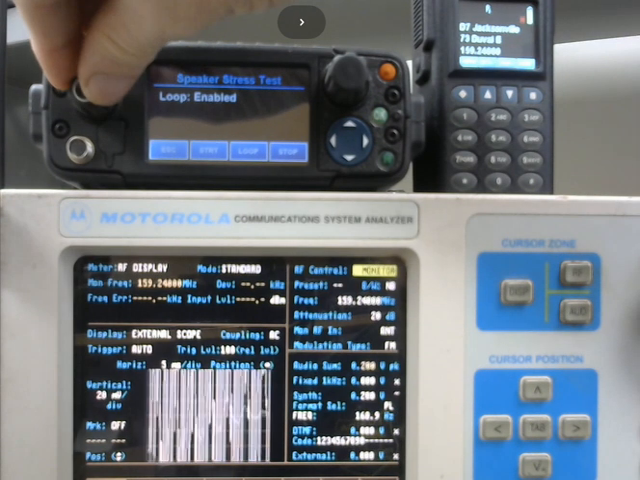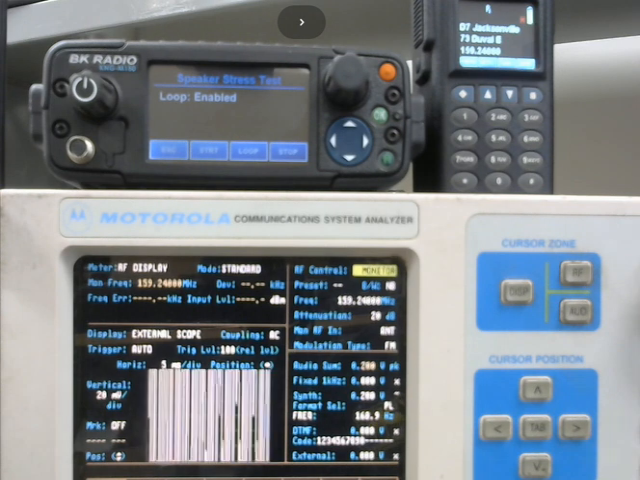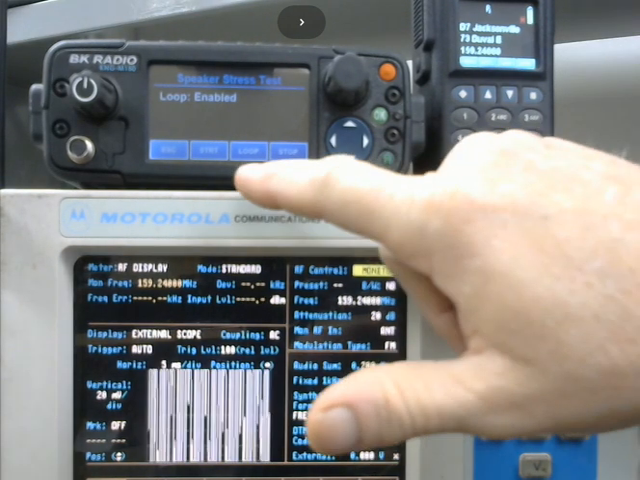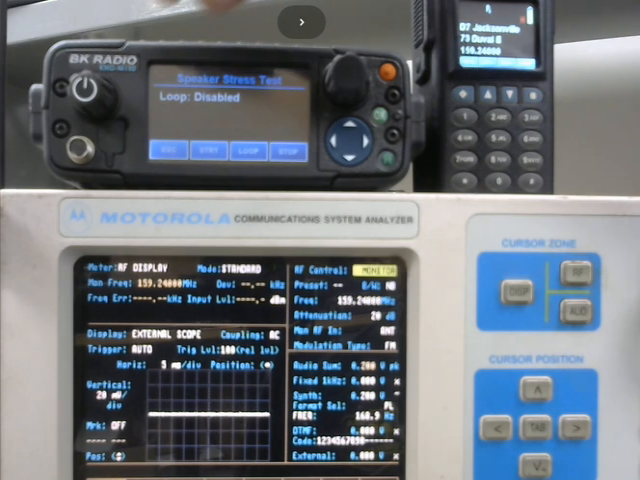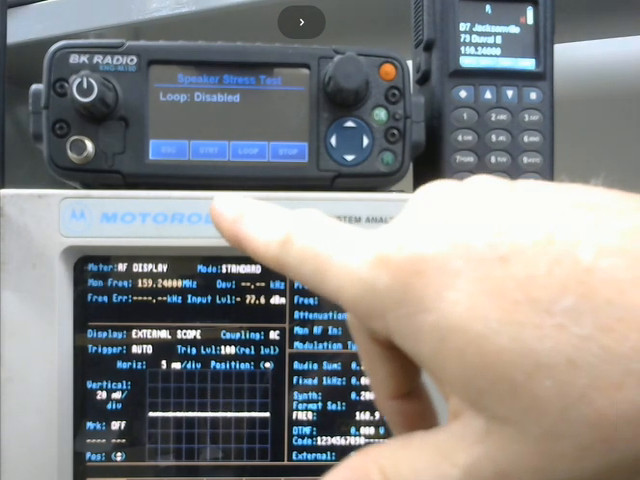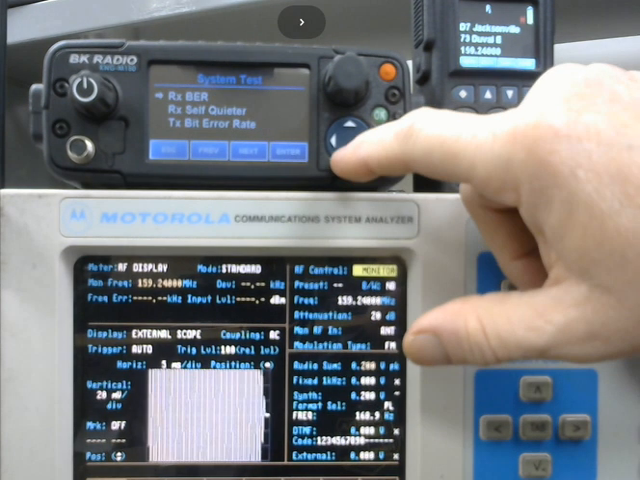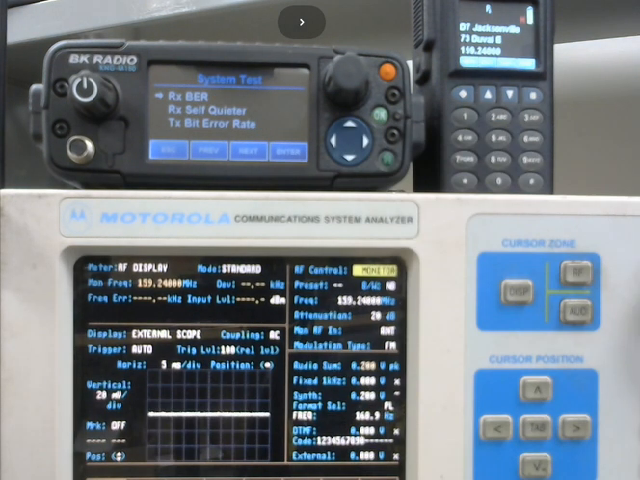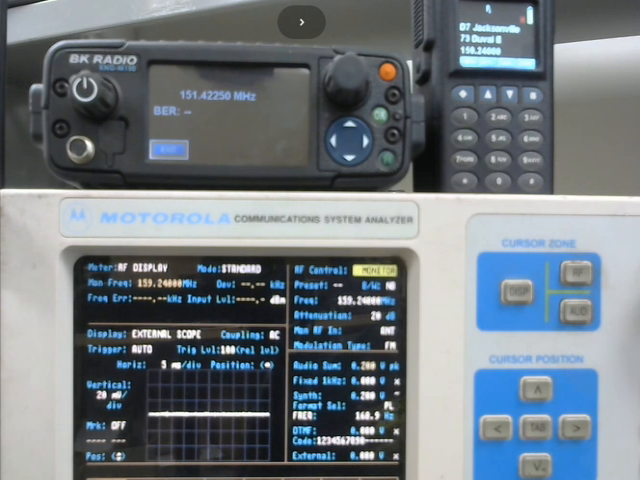It has speaker stress tests, where it'll sit there and just repeat its name over and over. I guess if you just wanted a continuous audio source, if you're looking for something, you didn't have to rubber band something. But anyway, I wanted to show you this one, which is the receive bit error rate test. And if we go into it here,